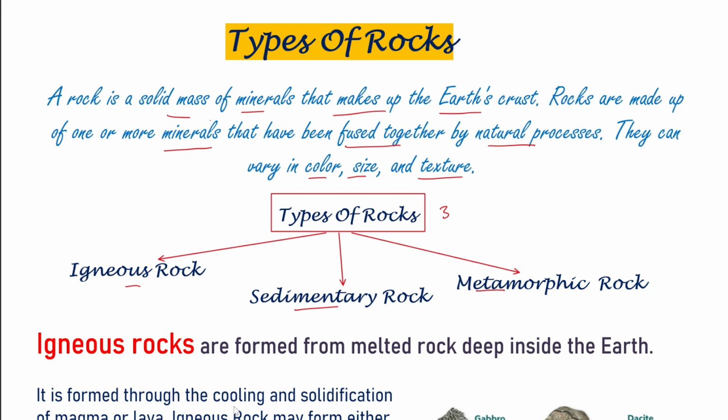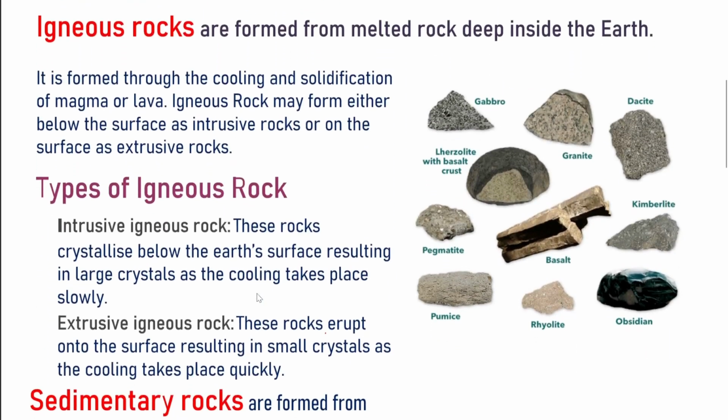Igneous rocks are formed from melted rock deep inside the Earth. They are formed through the cooling and solidification of magma or lava. Igneous rock may form either below the surface as intrusive rock or on the surface as extrusive rock. On the basis of this, there can be two types of igneous rocks: intrusive igneous rocks and extrusive igneous